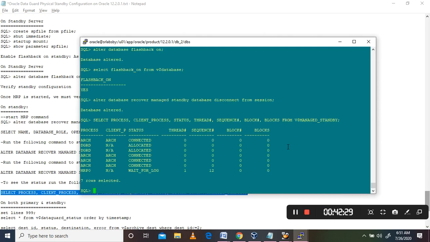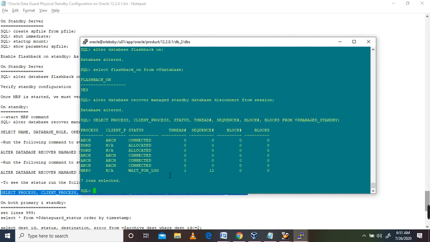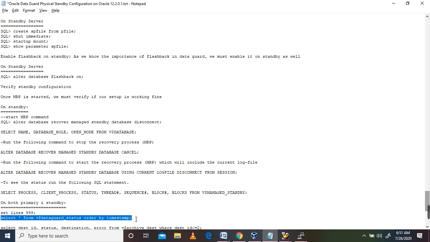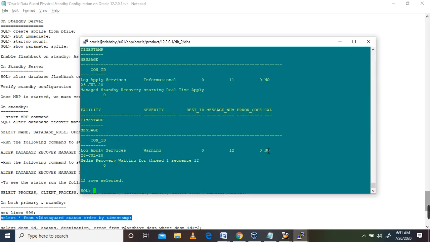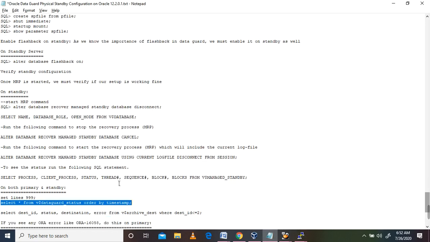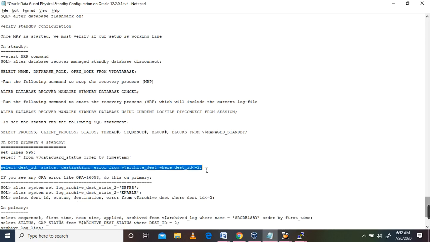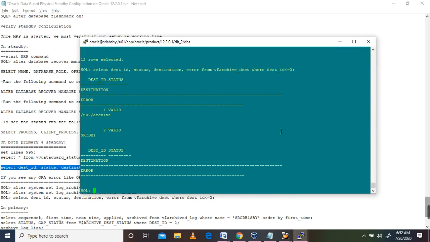So wait for log. What we need to do is check whether there is any error. There is no error, valid only status.